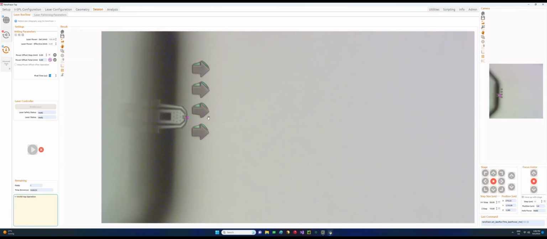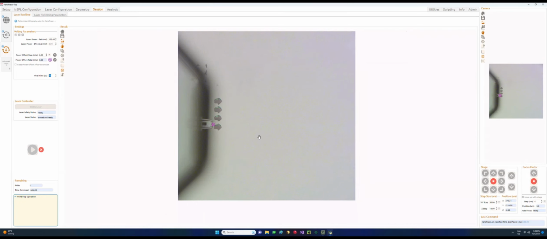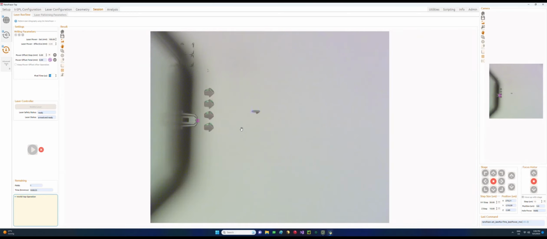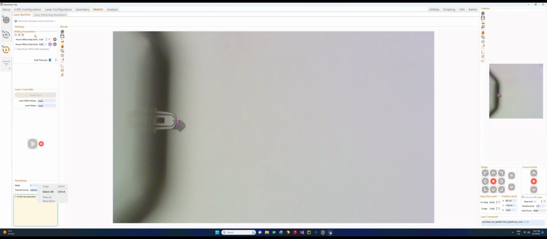Now we move. These are some tests of arrows that I did previously, and after trajectory management we will do a patterning of the arrow. So you see in 23 seconds pretty much we have done our pattern.